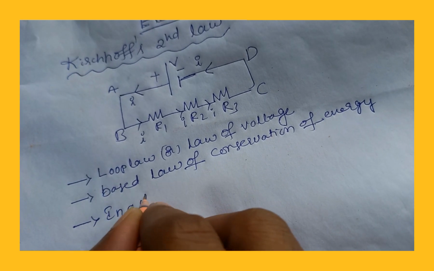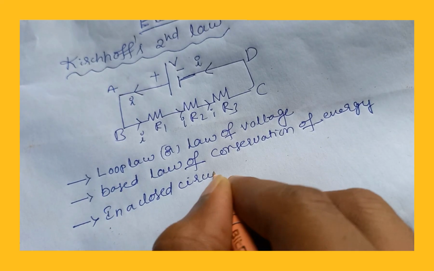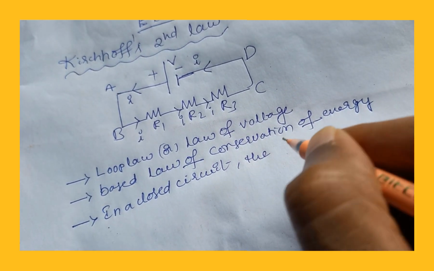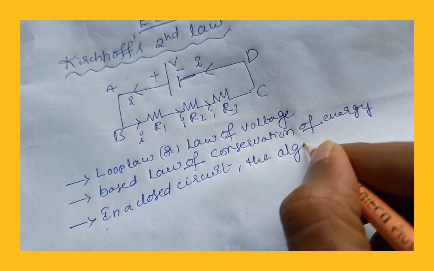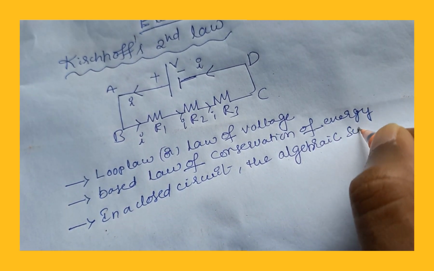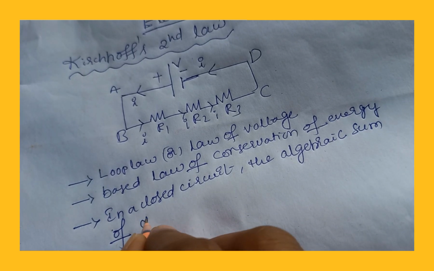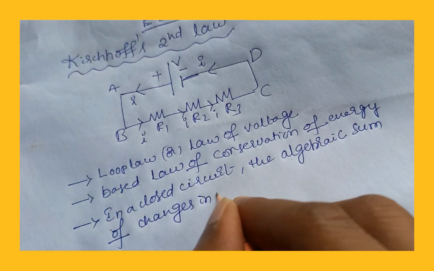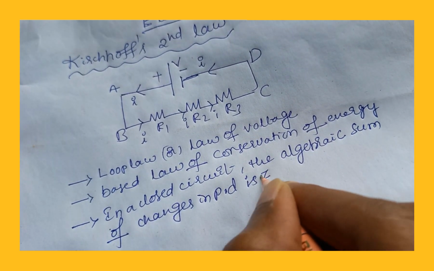In a closed circuit, which is nothing but a loop, the algebraic sum of changes in potential difference is 0